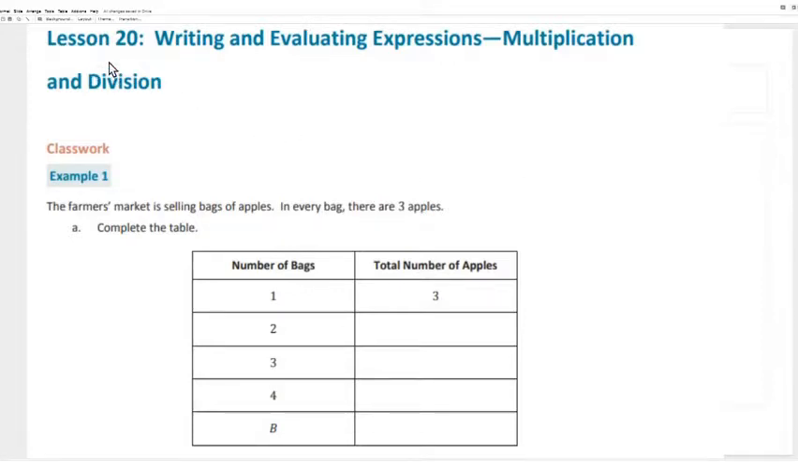Hi, hello students. Today we're moving on to lesson 20, writing and evaluating expressions with multiplication and division. So today we're going to use multiplication and division to write out different expressions based on information provided